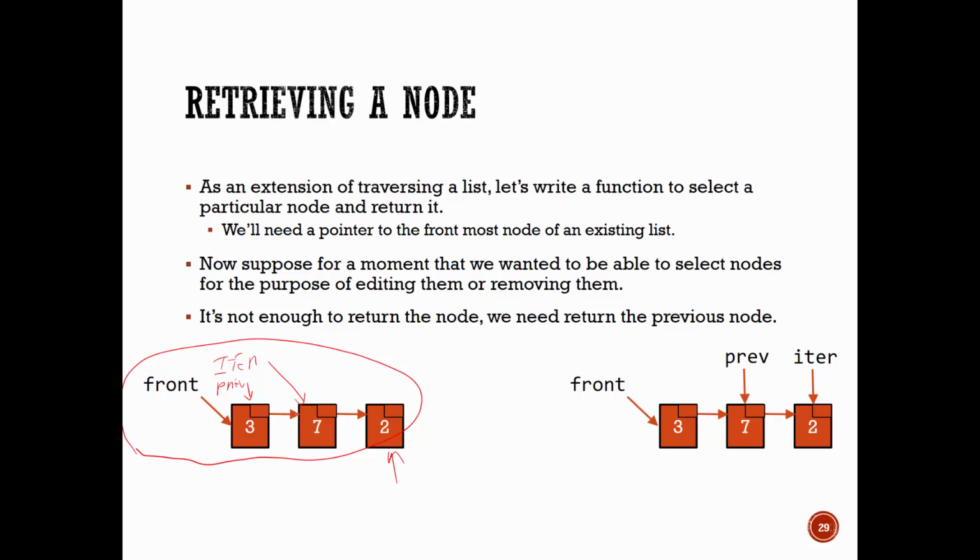It'll keep track of what came before me. And if you have that, then you'll be able to see what is the thing before you, and return that when someone is looking for a particular node. So you'll be able to get access to that part of the list and update it however you want. All right, so we're going to have these two pointers walking on the list. Now we have that in mind. Let's jump to NetBeans and actually try implementing this.